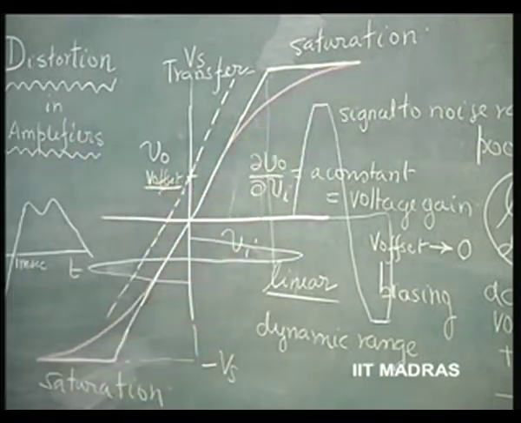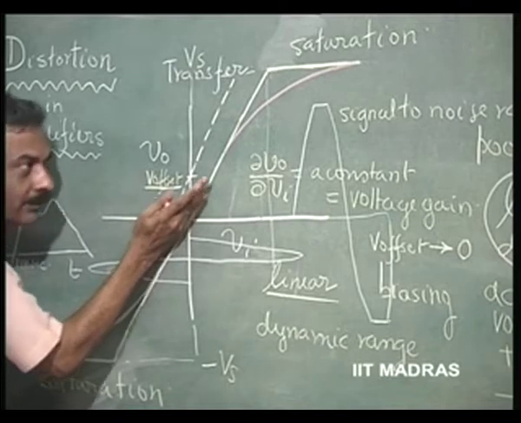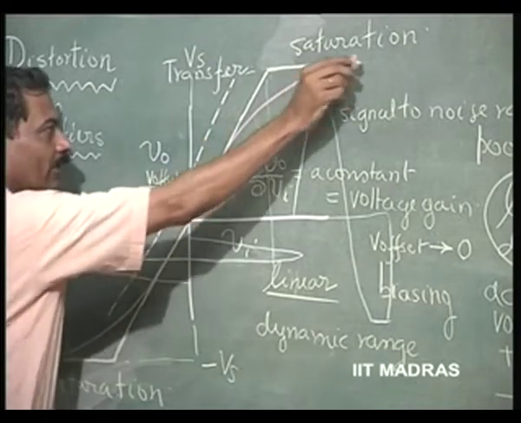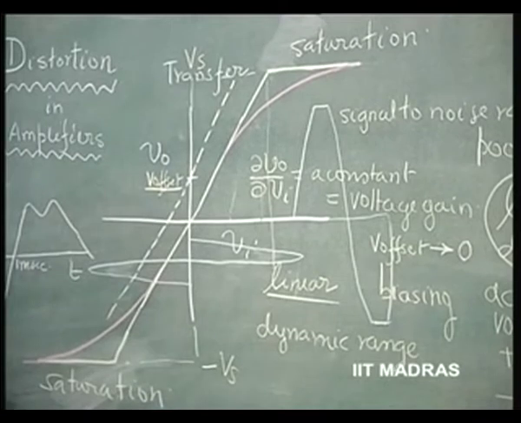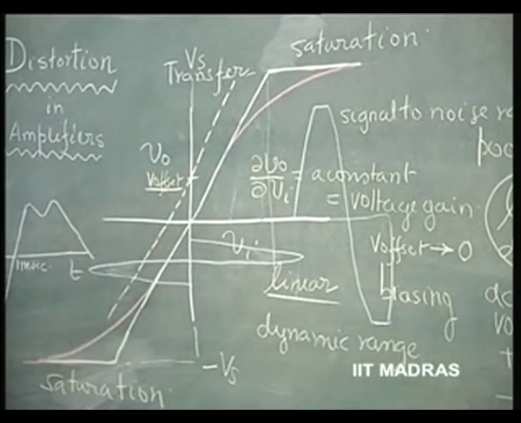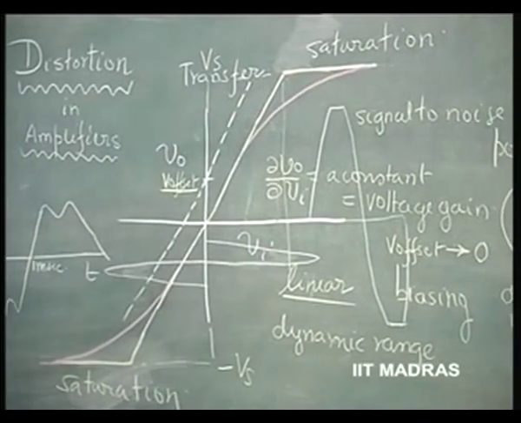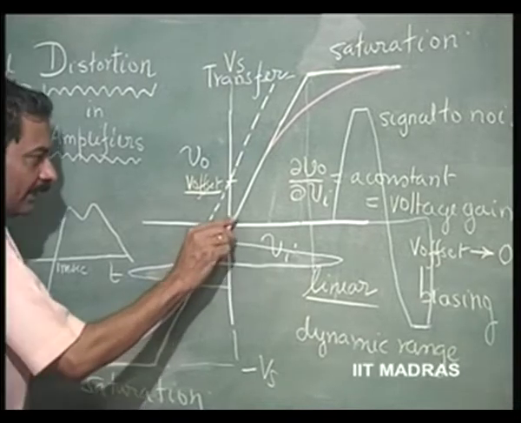At saturation, delta V naught by delta V I is 0. That means, it is going from a maximum value to a 0 value. So, this is what happens in practice in most of the amplifiers. The nonlinearities may differ. It may not be exactly this nonlinearity. This is a symmetric nonlinearity. So, this nonlinearity is something